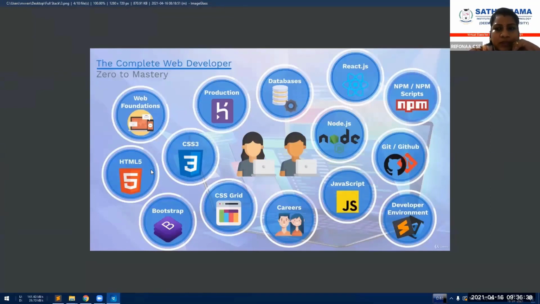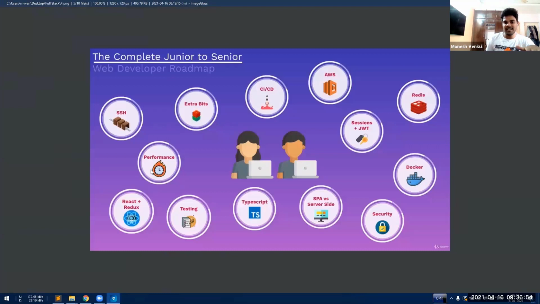Actually, ma'am, the time period which I have talked about is 3 months to 6 months. If you take that time and learn full stack development, you will only be called a full stack developer, a junior full stack developer. To become a senior full stack developer is not an easy thing. Even my managers are still struggling to become senior full stack developers.